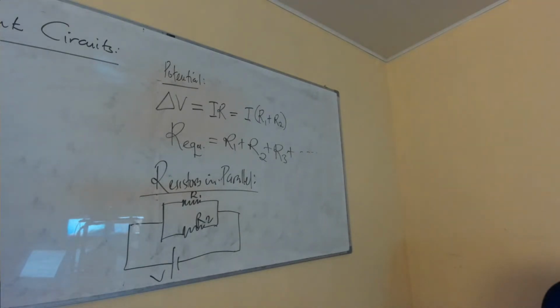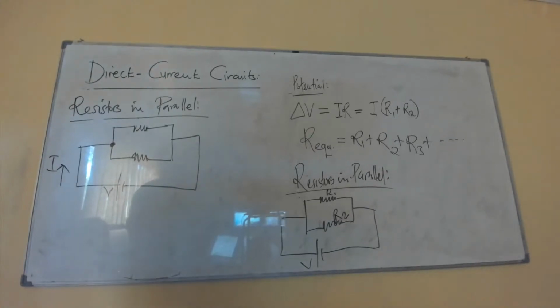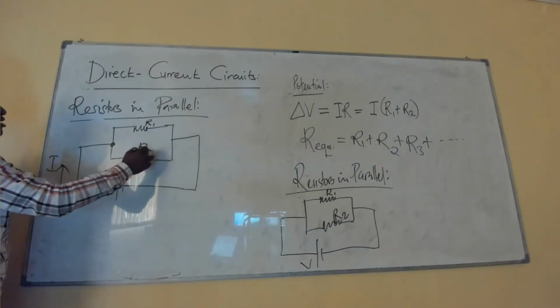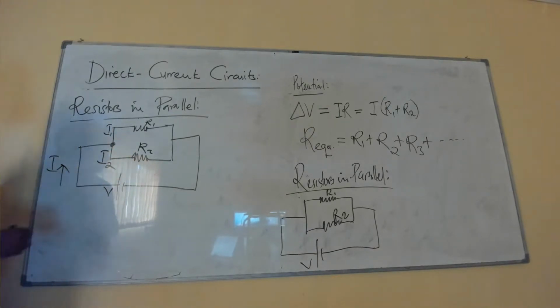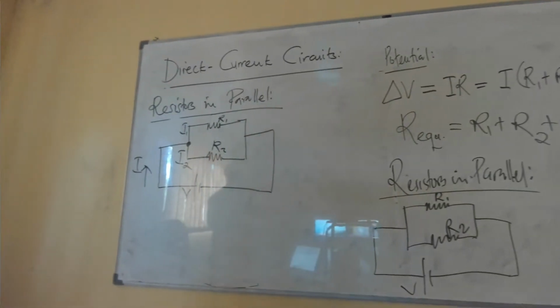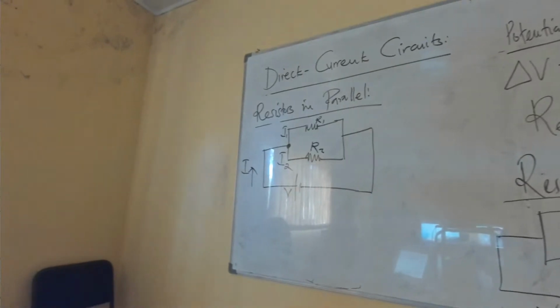That means here, first of all, let me put the diagram so that we are able to see it well. Let me put it here. So this is in parallel. That is our source. Okay, if you realize in the first diagram, we had, of course, our voltage here. This is our current I, but when it reaches this junction, the current here has to now split. This is R1, this is R2. That becomes our I1, this becomes our I2, like that. So that tells us that the moment resistors are actually connected,